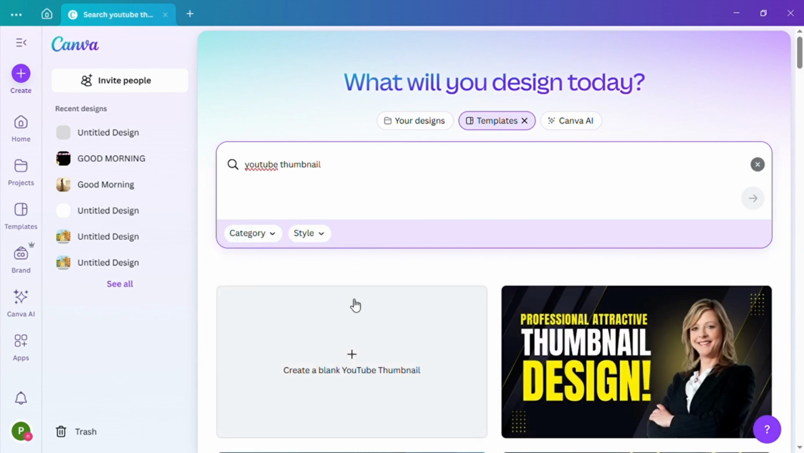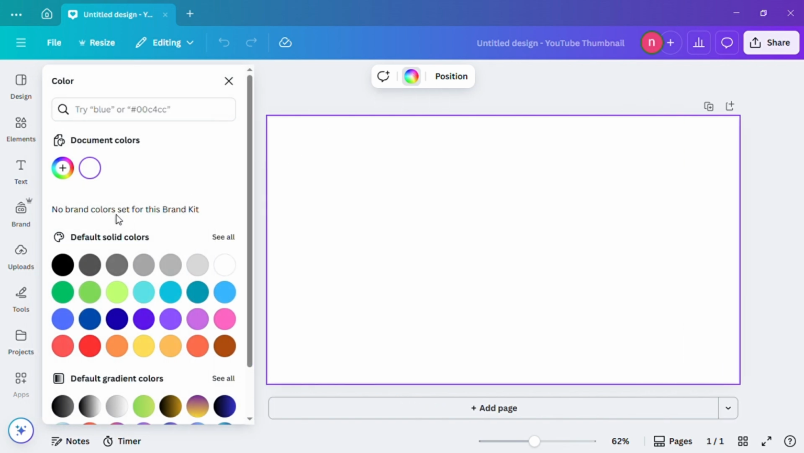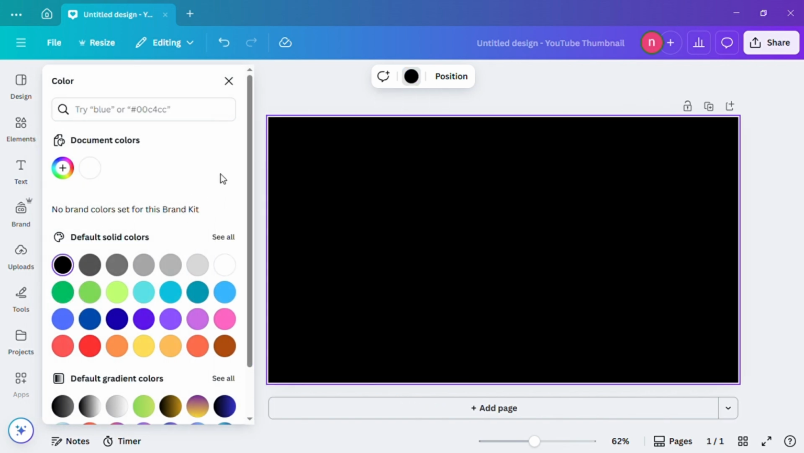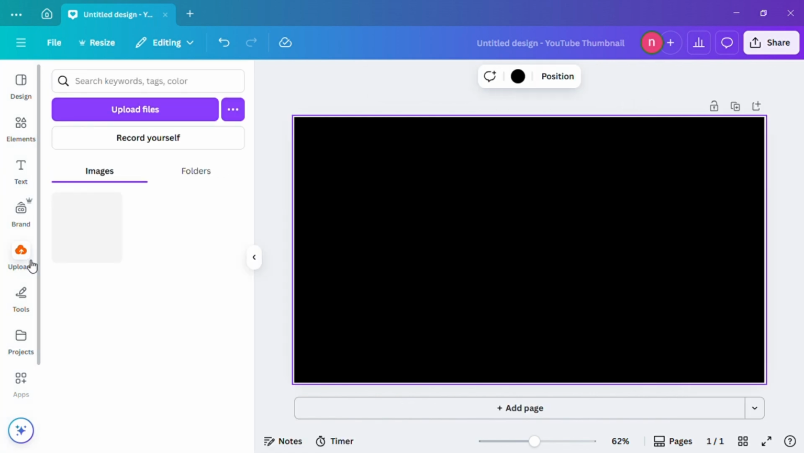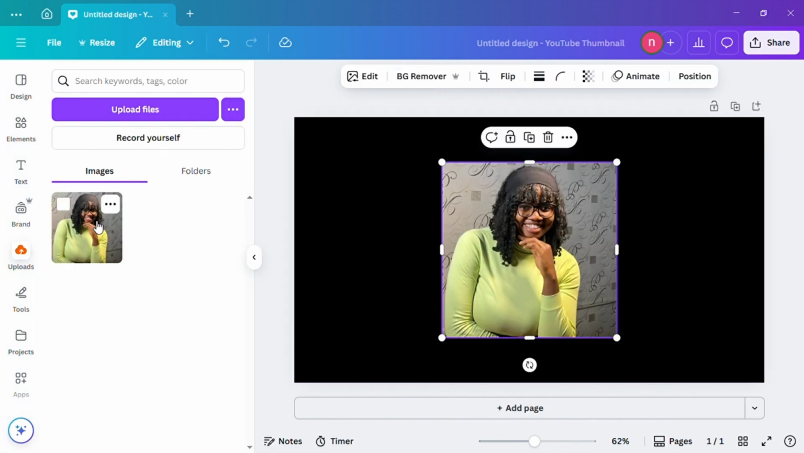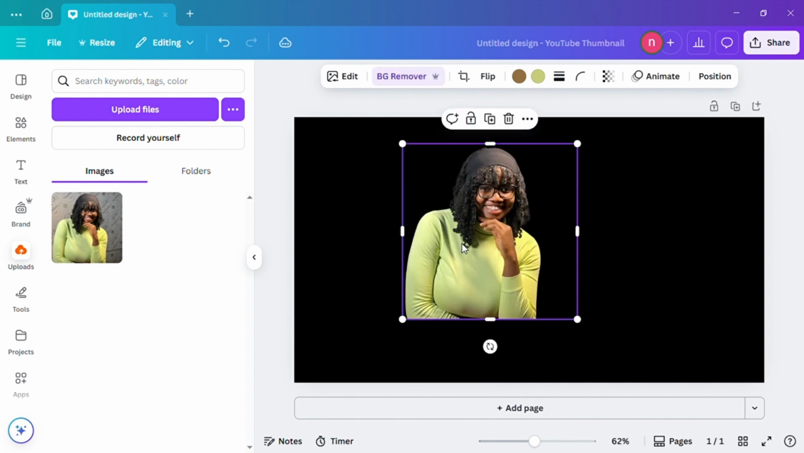Select this blank template. This is our template. I'm going to change the color of the background to black. You can change it to any color of your choice, it must not be black. This is it. Go over to uploads. Add my image. Remove the background. Adjust the size